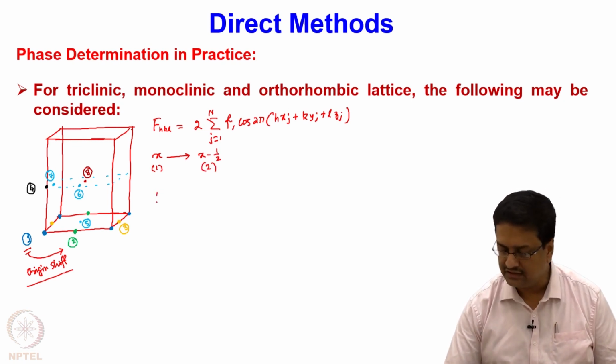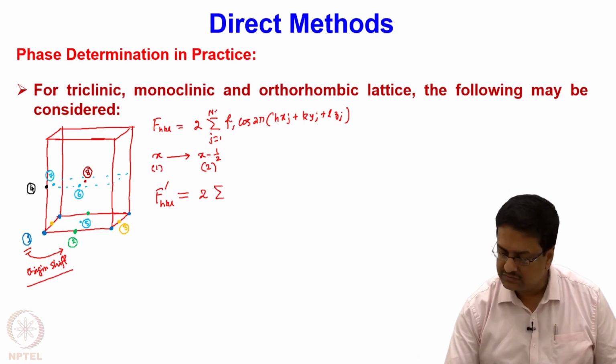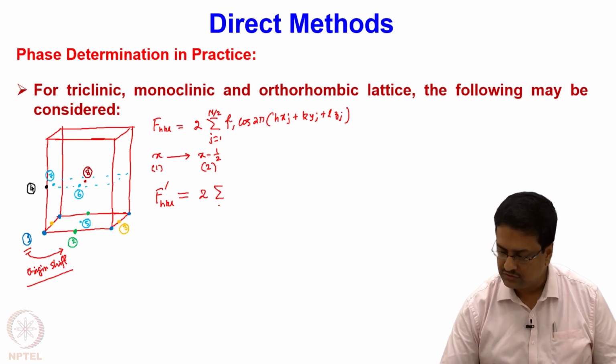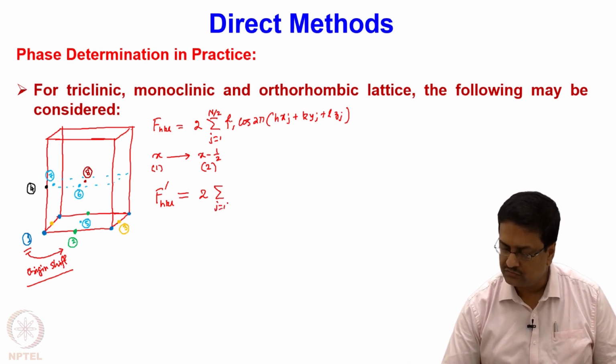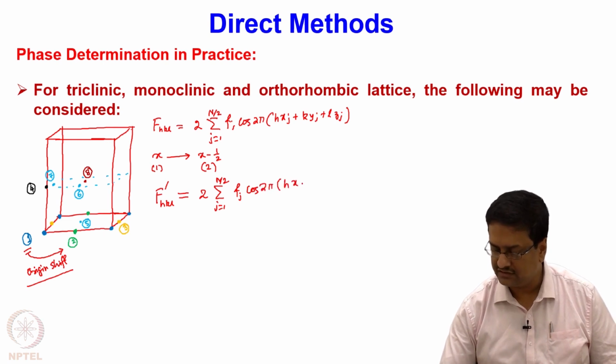So in that case, the modified F_HKL, that is F_HKL prime, should be equal to 2 times the sum over j equal to 1 to n by 2 of F_j cos 2 pi (Hx minus h by 2 plus Ky plus Lz),